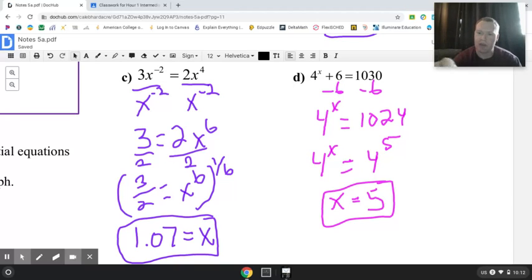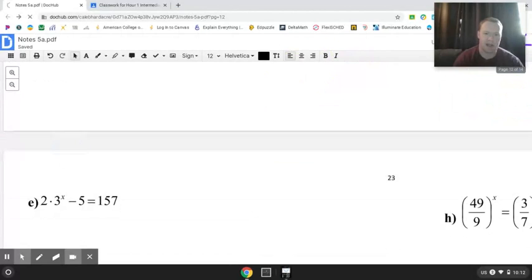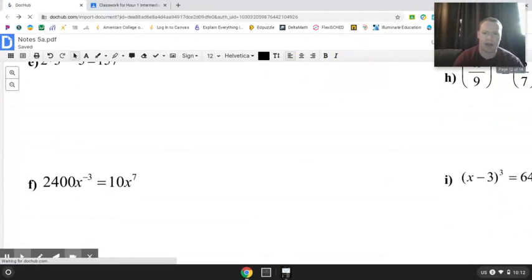And then 4 to the 5th equals 4 to the x, so that means x equals 5. So that is the first 4. Let's go on to our second page, and we will look at,